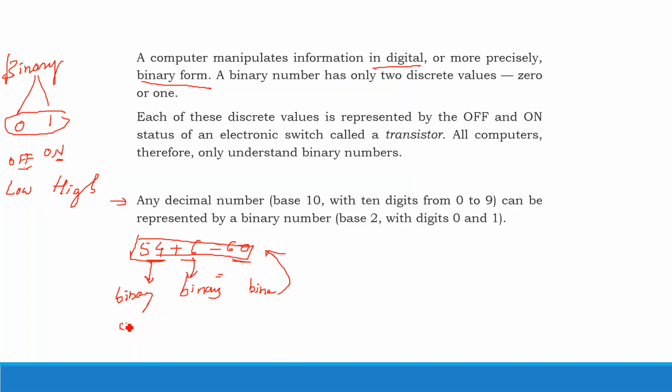It means a combination of zeros and ones. Say for example, for decimal 10, how can we write it in binary? 1010 is the equivalent number of 10, correct? Say if I write 8, 1000 is the equivalent number for decimal 8. This is how, if you give input as 8, it will convert it into 1000 and understand it. This is how our digital system works.